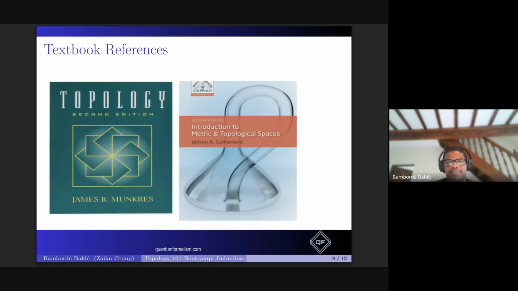And the textbook references, I won't particularly be using these. This is more for if you want to do your own self-study, which is recommended, obviously, to supplement the lectures. On the topology side, I recommend Munkres. This is a classic.